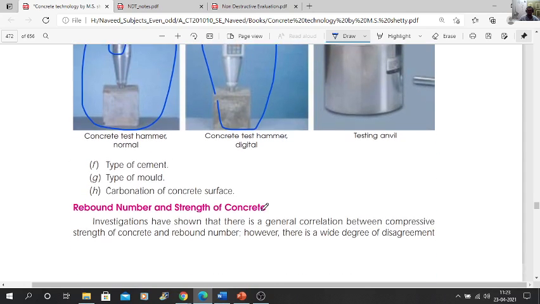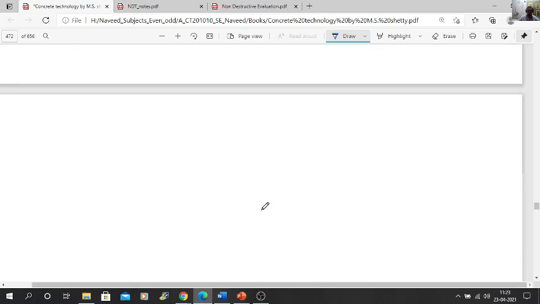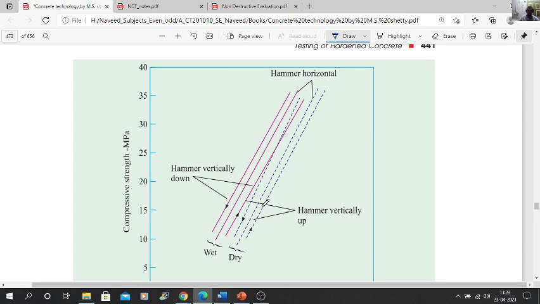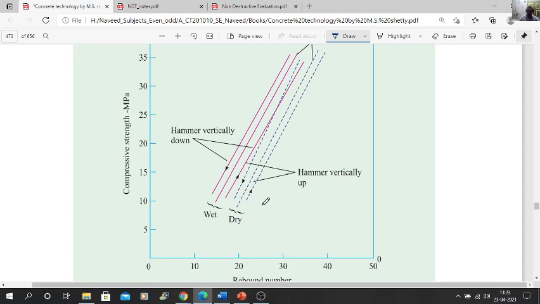Then from the rebound number, it depends in which condition you have tested the concrete. In wet condition, the graph is in red color. If you tested on the dry concrete surface, and vertically up and vertically downward, two directions are there.